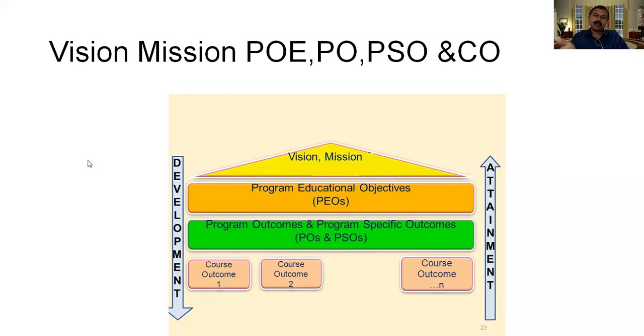So let it be any program. But when we come to program specific outcomes, we are clearly saying what is the outcome of a specific program. We have different programs like BSc Computer Science, BSc Mathematics, BSc Physics. If we can clearly define, after taking this program, what skills and abilities a student will be demonstrating in their life, we are defining the program specific outcomes. So this will remove a lot of ambiguities in our programs.